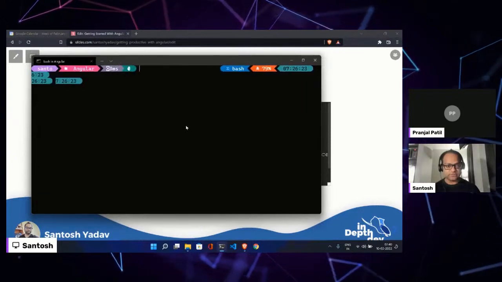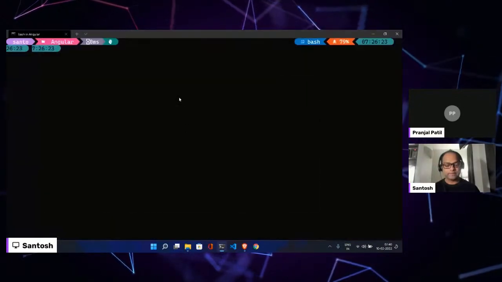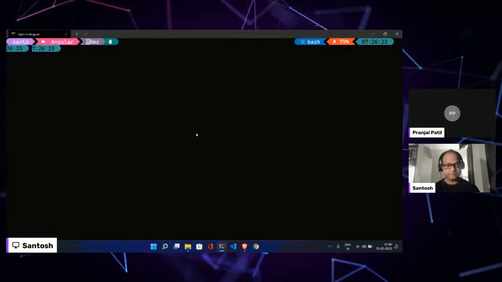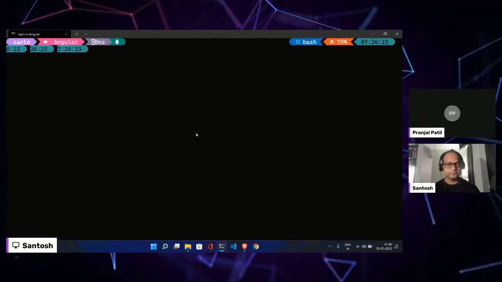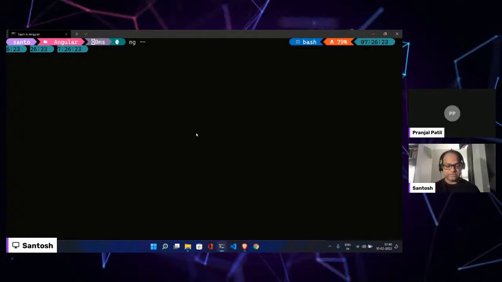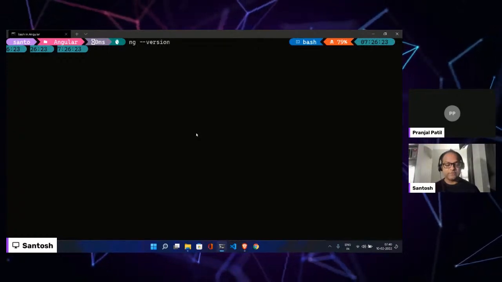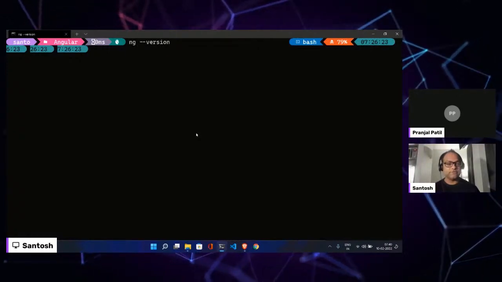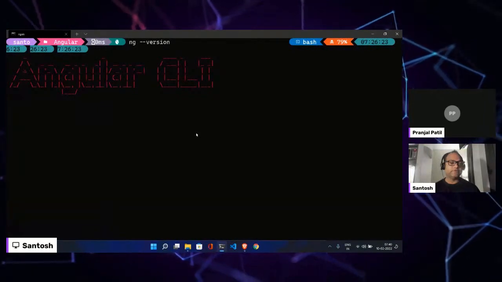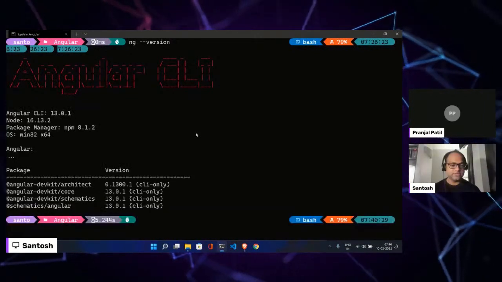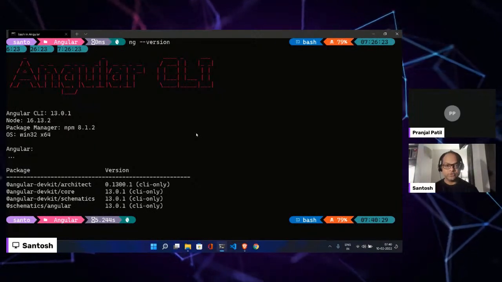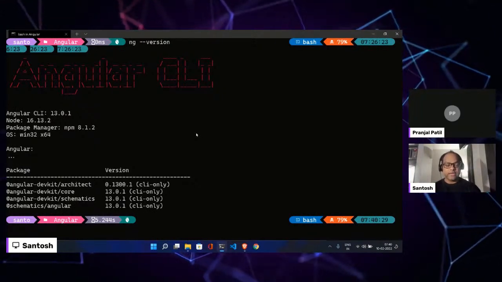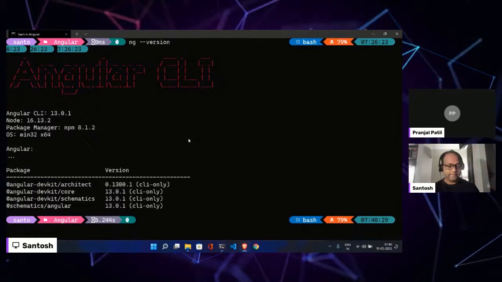Let me just zoom in. I can just do ng --version to see which version of Angular CLI I am using right now. It should be around 13 point something. You can see right now I have Angular CLI 13.0.1 installed, and I can use this.